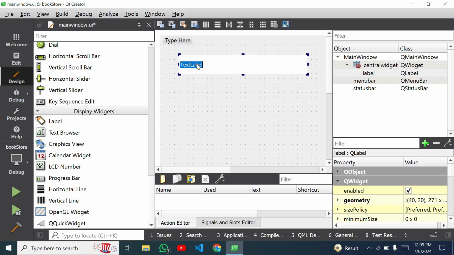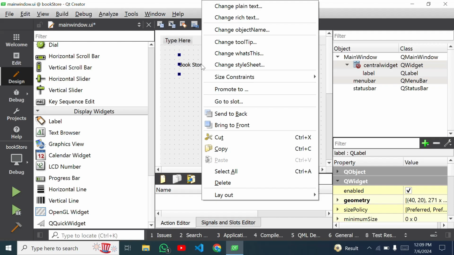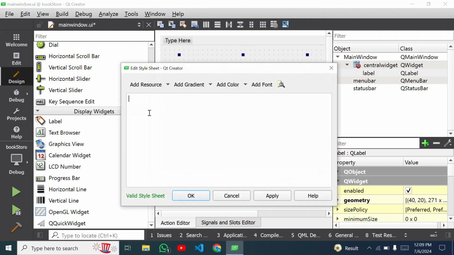So I will remove this previous text and now I will add bookstore management. Now I have to apply some styles for this title. So I will select it and then I will right-click with my mouse and now I have to select this option, change style sheet, and then here I have to use the name of the widget as a selector